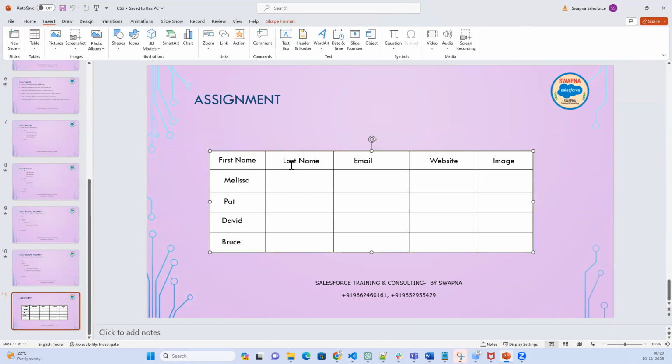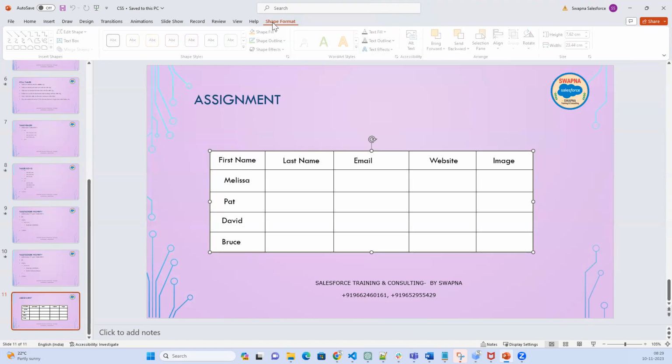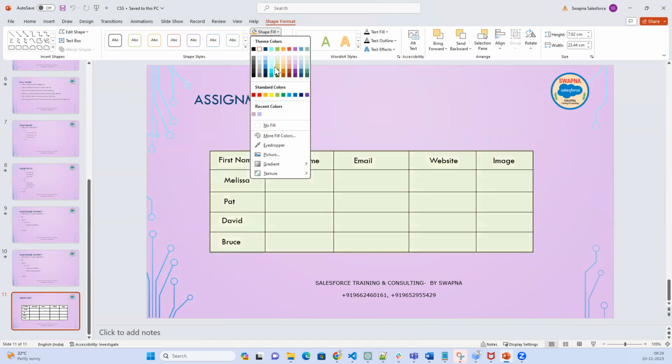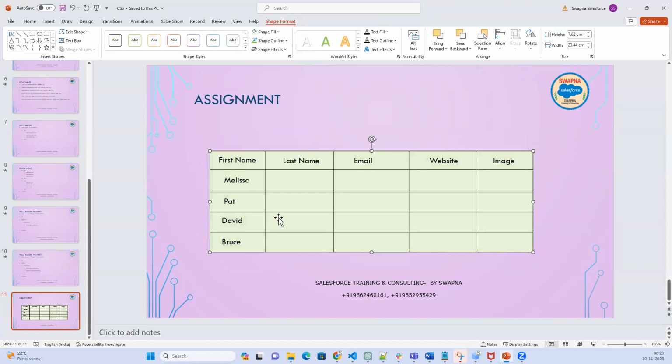Now table background color. The table background color has to be the border color. The table inside the background color has to be a different color. Okay, it should not display as the same color. It should be a different color, and the